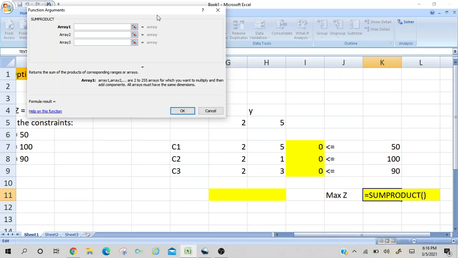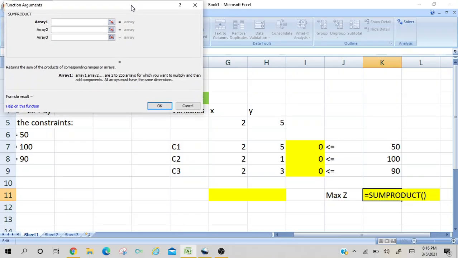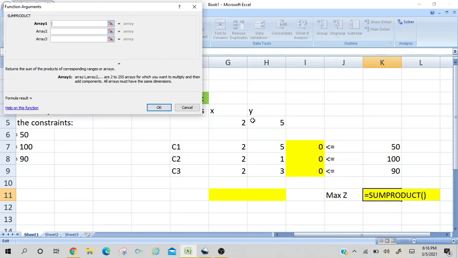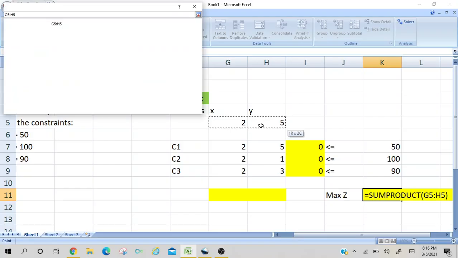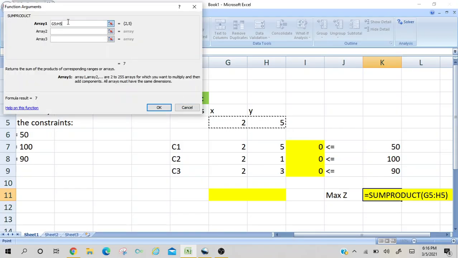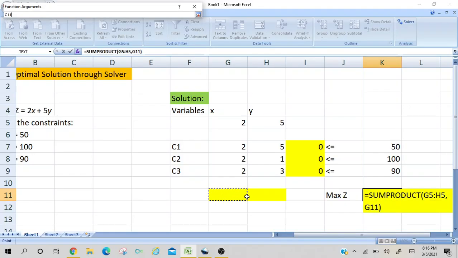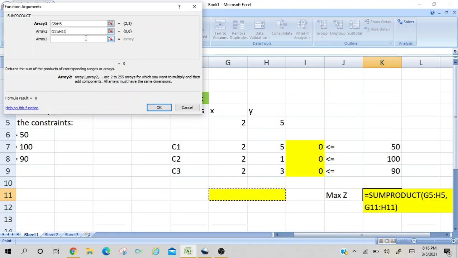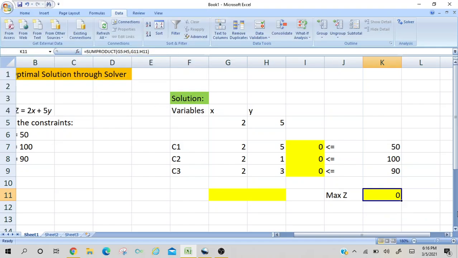In Array 1, I will select the objective function coefficients from cell G5 to H5, and in Array 2 I will select the cells from G11 to H11. I will leave Array 3 blank, then press OK. We will not freeze anything here, we will keep it as it is.